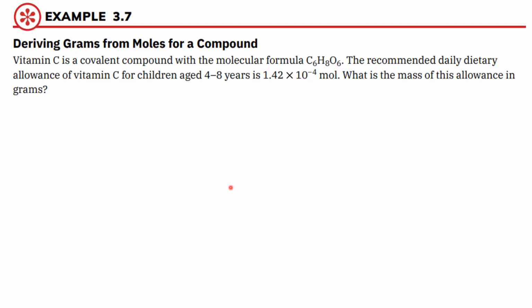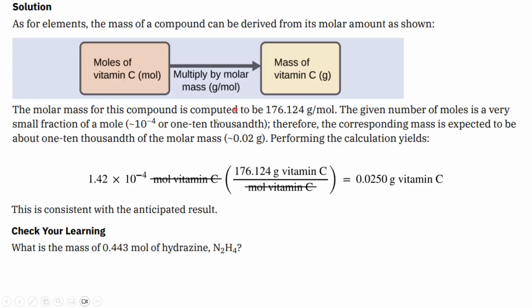And again, the first thing we should always do here, if we're not given it directly in the question, is figure out what the molar mass is. So in this case, we've got to add up those 6 carbons with the 6 oxygens with the 8 hydrogens. And when we do that, we're going to get a molar mass of 176.124 grams per mole. So again, just think about your answer, or think about your starting value. We have a much smaller sample than 1 mole's worth. So we should wind up with an answer that's much less than 176,